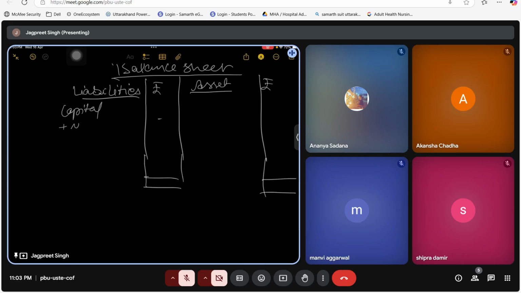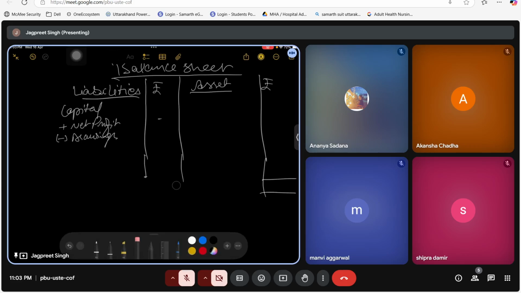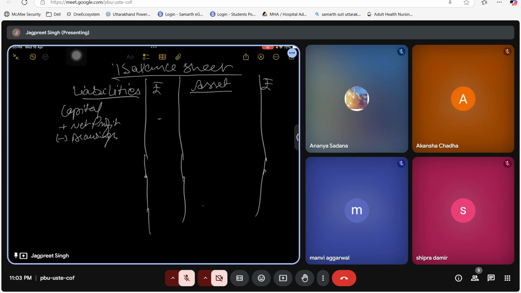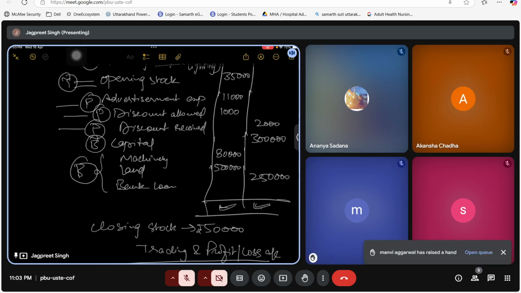मुझे ऐड करना होता है नेट प्रॉफिट। अगर ड्राइंग्स होती हैं तो मैं उसको माइनस कर देता हूँ। मेरे क्वेश्चन में भी मैंने ड्राइंग्स नहीं ली, तो वो स्किप हो गया, कोई बात नहीं, हम लोग उसको फिर कर लेंगे आगे। कैपिटल में नेट प्रॉफिट अगर है तो ऐड कर देते हैं। कैपिटल कितनी है हमारी, कैपिटल है